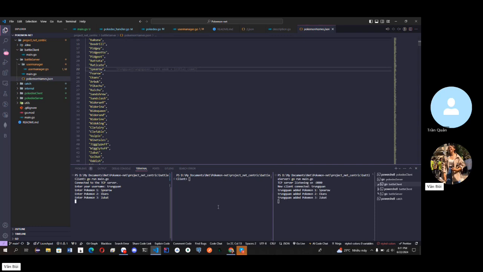This server actually requires 2 clients to run, so I will run another client application